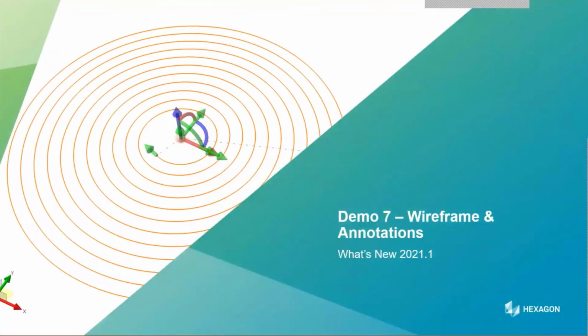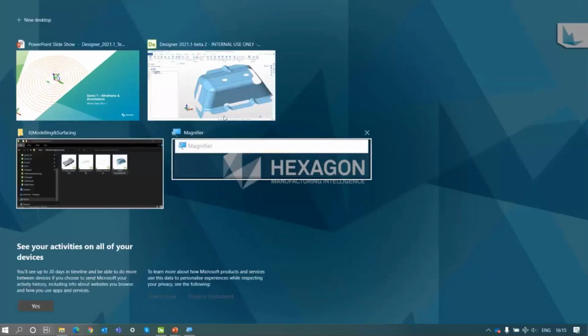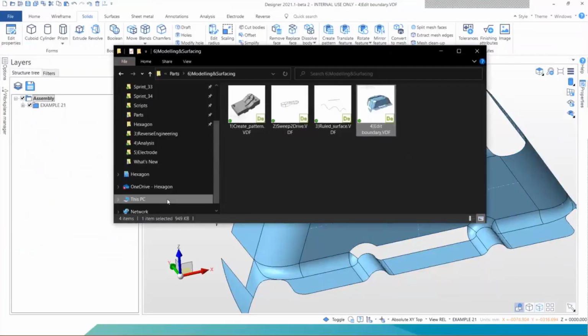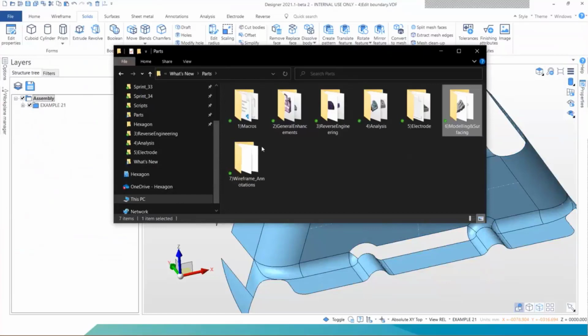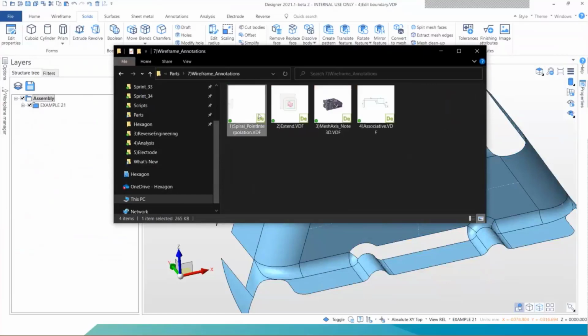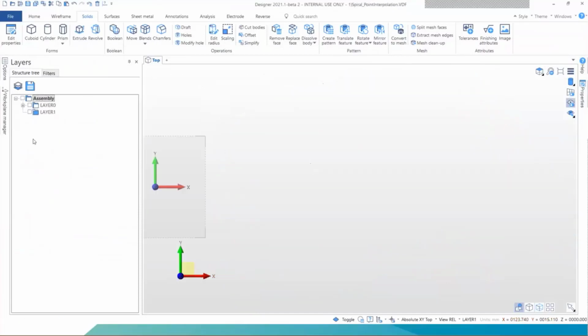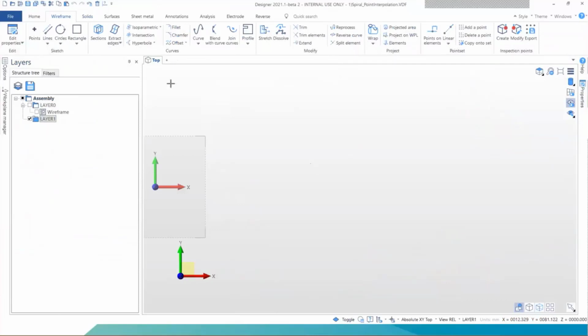Okay, it's my final demo of the day. We'll go over to Designer, and I've got a couple more models. First of all, I'm going to show you the spiral. Okay, so I'm working on this layer, which is empty, so that's good. Inside the wireframe tab,